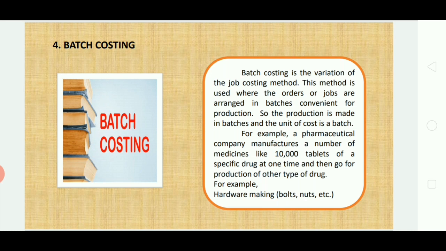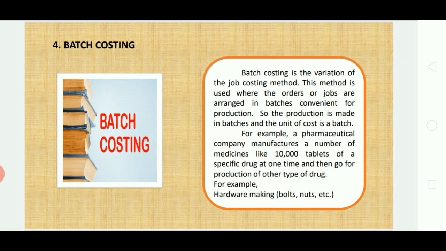You need to find out the cost of every batch of medicine. For example, one pharmaceutical company is producing 5 types of medicine. એક કંપની છે ફાર્માસ્યુટિકલ એ 5 ટાઈપની મેડિસિન્સ છે પ્રોડ્યુસ કરે છે. Then first the company will go for the production of the first type of medicine. Here only one tablet cost cannot be easy to find out, and that is why the production is carried out